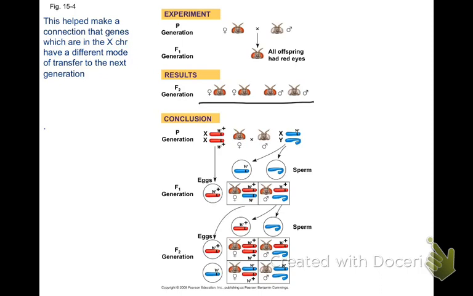Now, the conclusion was that in the parental generation, the lady who was offering her chromosomes had the wild type gene on both her X chromosomes, whereas the white male who was offering his chromosomes has only one X chromosome and he was offering a W minus, or a mutant variety. So if we take this white-eyed male and cross it with a